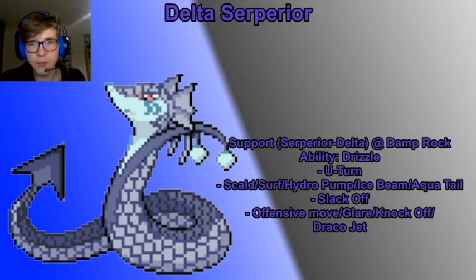But considering you do have like support moves that are physical, Aqua Tail is definitely a good option, because U-turn is physical, Knock Off is physical, Draco Jet is physical, and it just works. It just has the utility it needs. Slack Off for recovery and supporting, Glare, Knock Off, Draco Jet, or another offensive move. I will cover the offensive options it gets later in other sets, but yeah, you